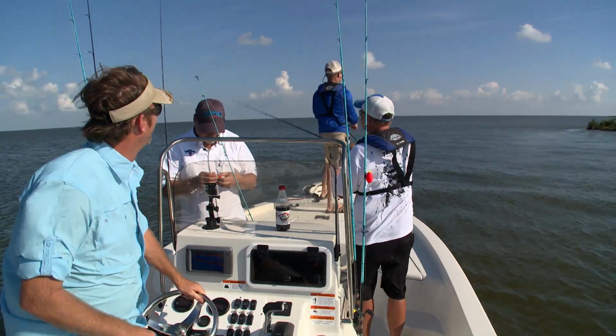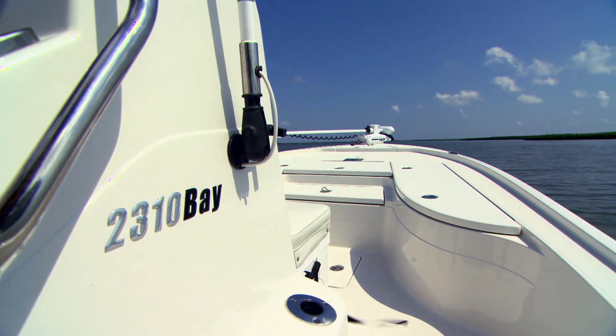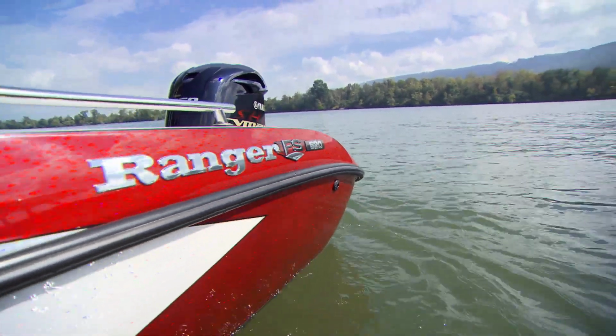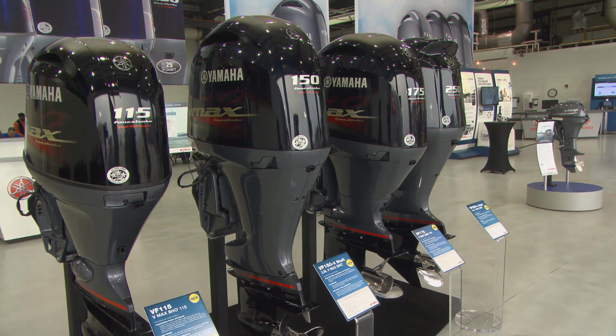Ranger's got me covered. So when it comes time to start looking at models of boats that are going to stand the test of time, that's going to have incredible resale value, that's going to allow you to get out and handle whatever conditions, whatever species you're looking for, Ranger Boats has you covered. Now that you have your boat, let's talk about powering it with a Yamaha outboard and